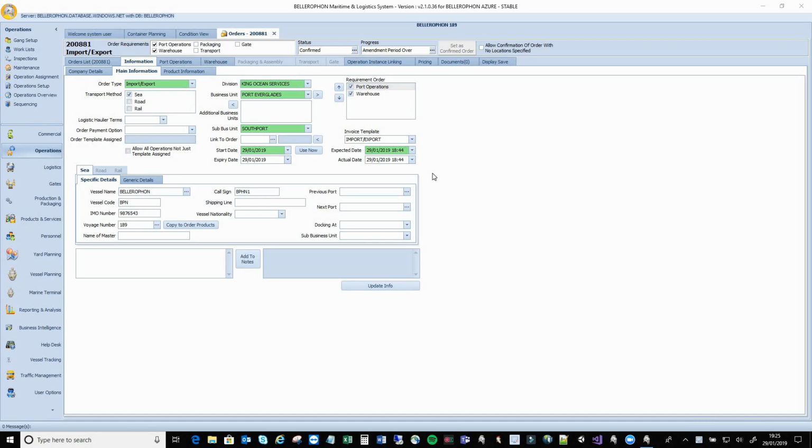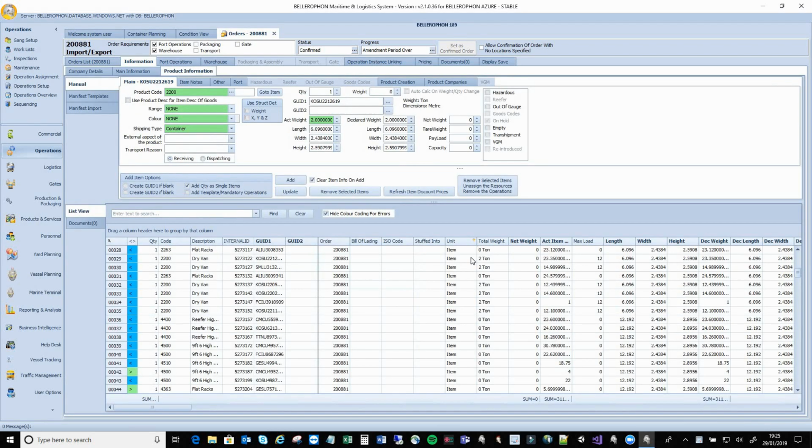As well as populating the main information tab, the order creation process that we've just completed also populates a number of other tabs in the order. The first one is the product information tab. As you can see, each item of cargo that we're dealing with on the order is listed here, and